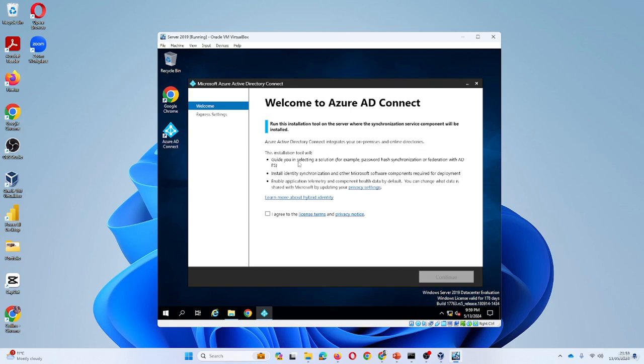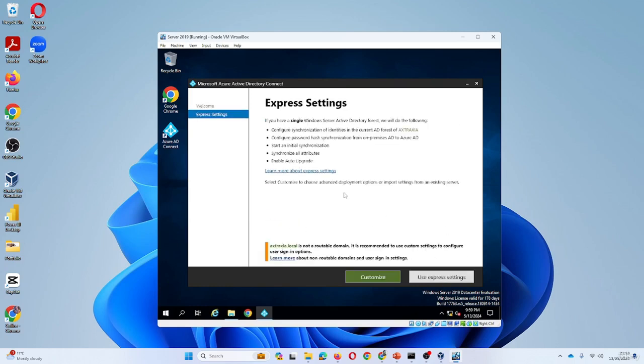So this installation tool would guide you. So we'll follow this guide. We'll agree to the license, and then we would continue. And this is where we have the option to use express settings, or we want to customize settings. In the past, when I've been doing this, I normally just go for use express settings. But since this is a complete system administrator course, I think we need to go through the fine tuning of what specific things you need to manually set up